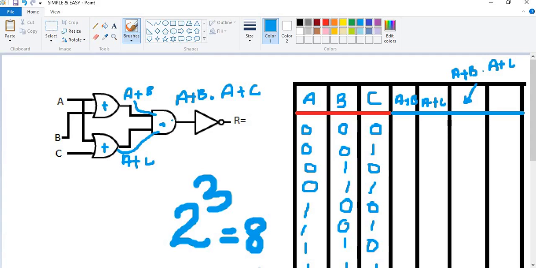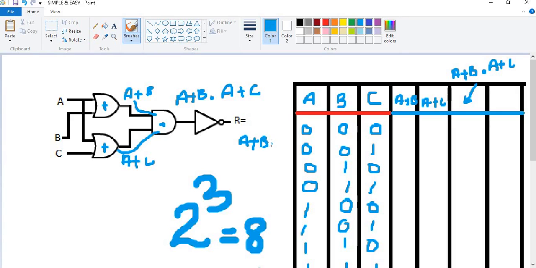Now they multiply and go out as (A plus B) dot (A plus C). And finally you get another output over here. It says that it is not (A plus B) dot (A plus C). So how do you write that down? Then the final output comes this way: